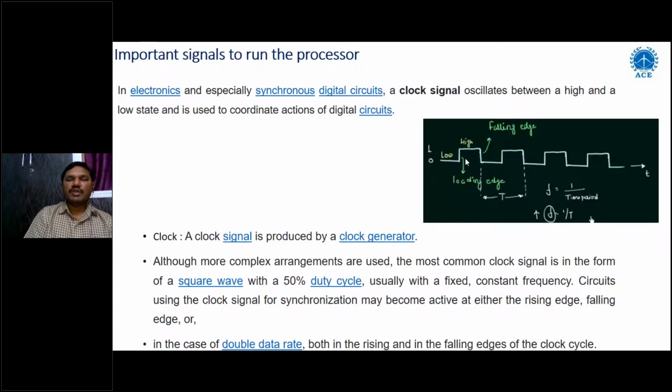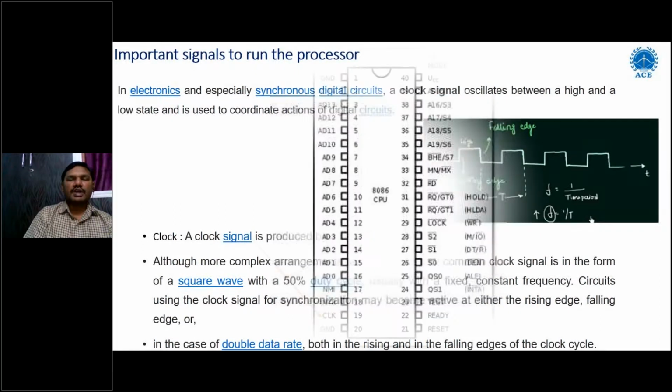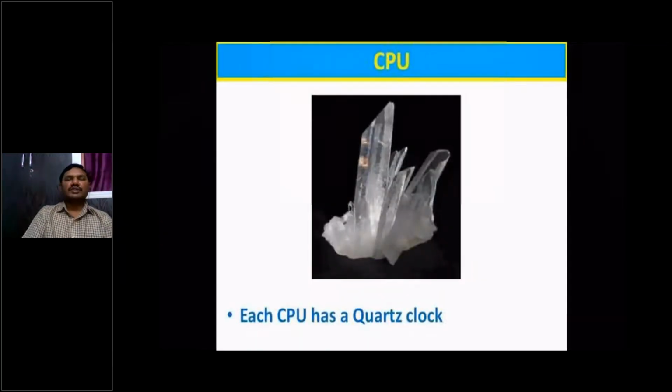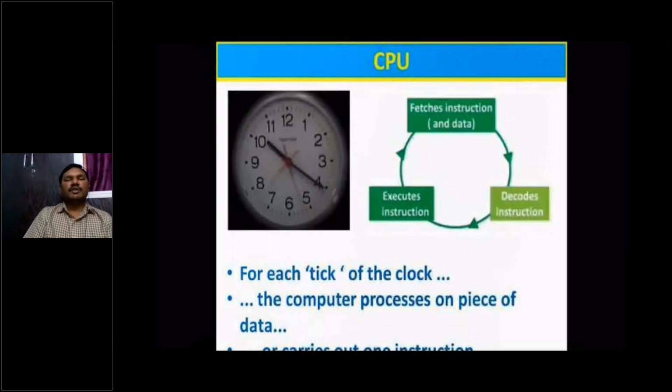The time between logic low to logic high is called the time duration, and the reciprocal of this time duration is called the frequency. Usually these clock signals help us run the microprocessor at a certain speed of operation, because the reciprocal of the time is the speed of operation. Here we are operating the clock signal with a 50% duty cycle. These CPUs can be manufactured with clock quartz or ceramic resonators.